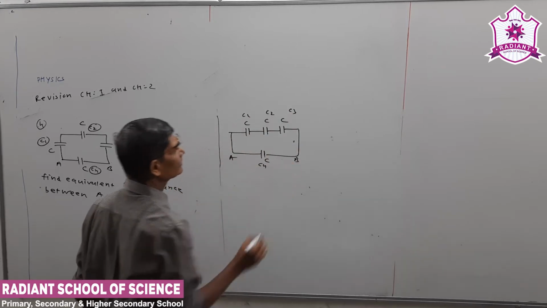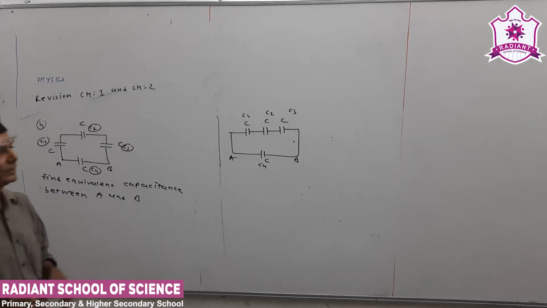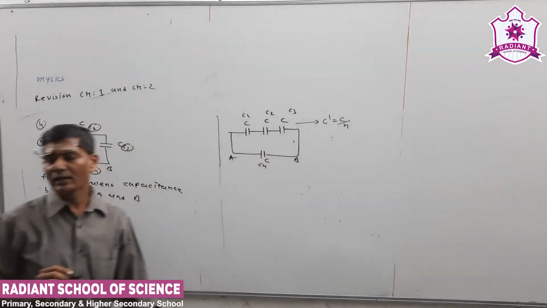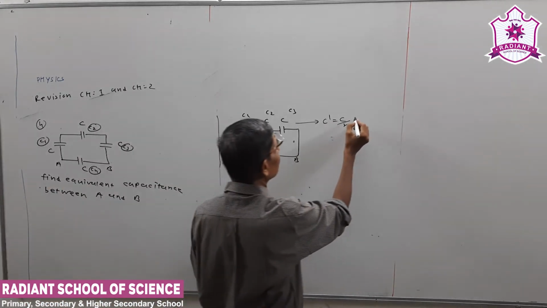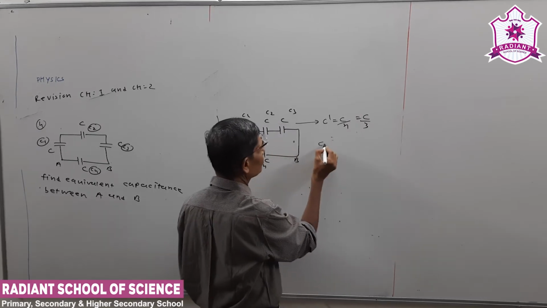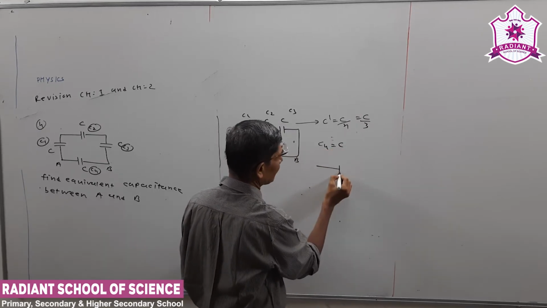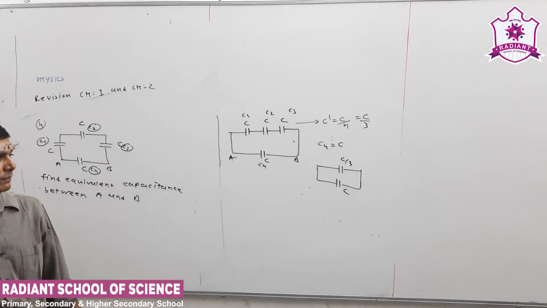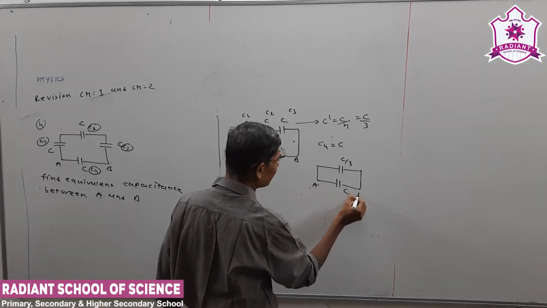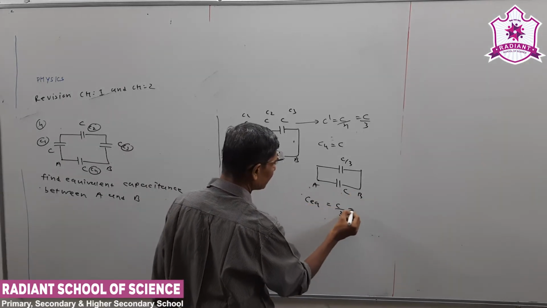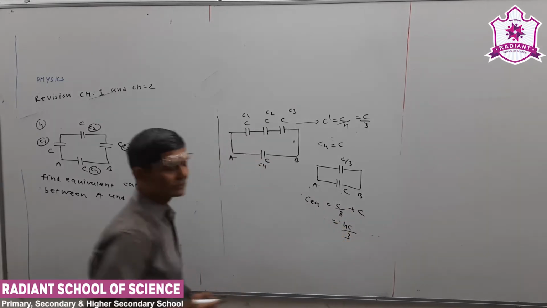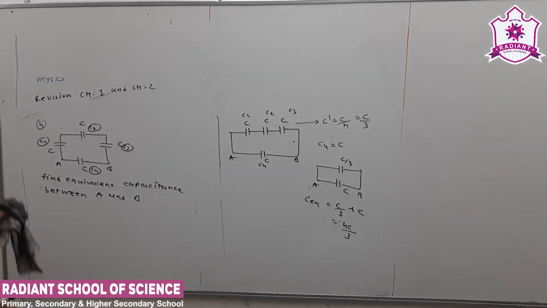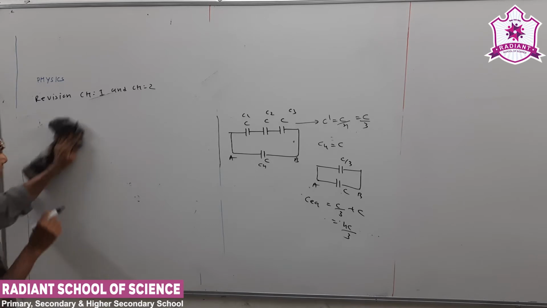We have to calculate the equivalent capacitance between A and B. These three are in series, so what is the formula? C dash is C by N. All three are of equal value, C, and C4 is C. So we can draw the equivalent capacitances C by 3 and C. What is the equivalent capacitance between A and B now? C by 3 plus C, that is 4C by 3. This is how we can calculate the equivalent capacitance. Now see the next question.